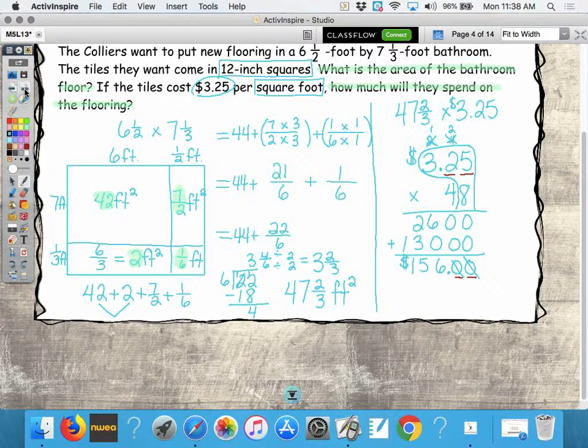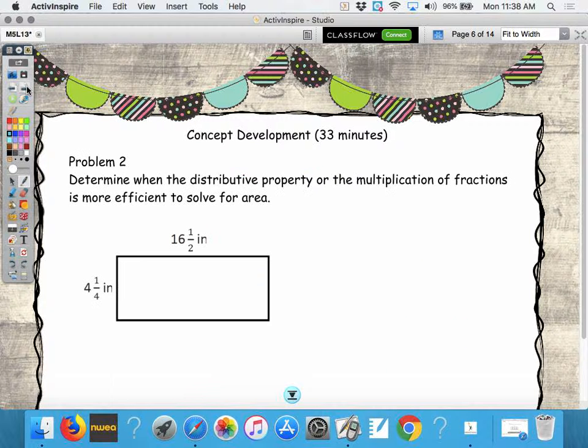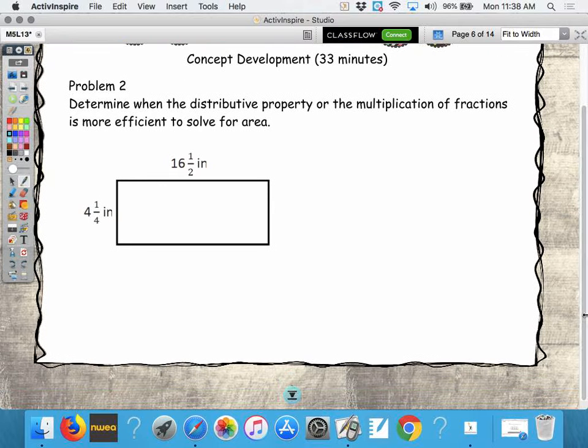All right, so let's take a look at it. The only way I can think of to make up my mind about which way is to start out with the standard algorithm. If it looks like it's going to be too hard, I'm switching over to the area model, okay? So standard algorithm is not going to take much room. Draw a line right there. So what I have to do, change 16 and a half to an improper fraction. So 16 times 2 is 32, plus one more, 33. So this will be 33 halves times,